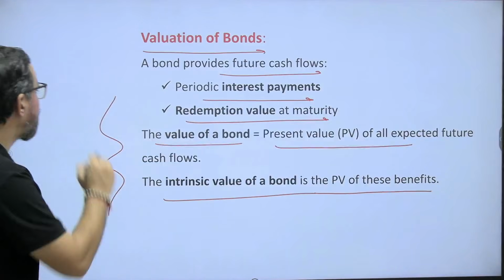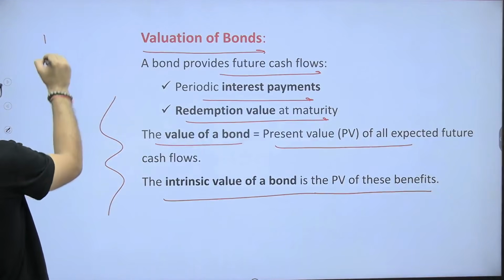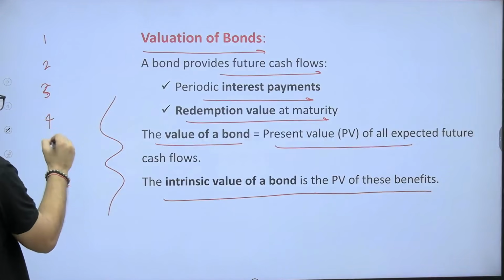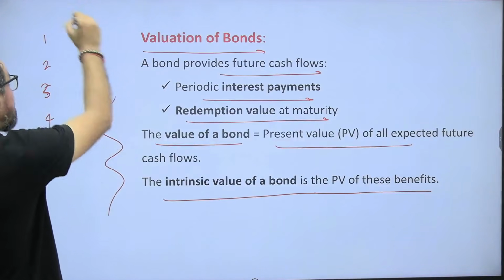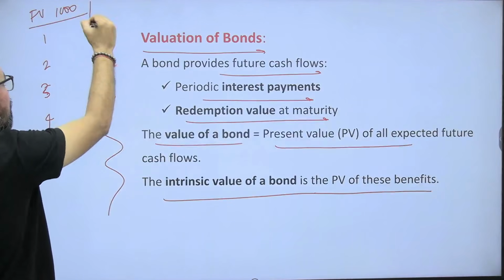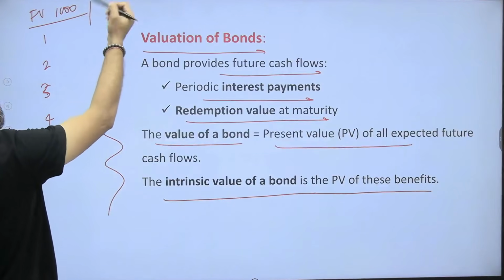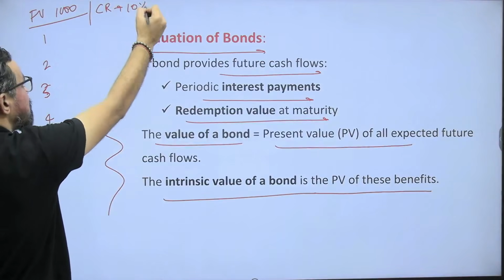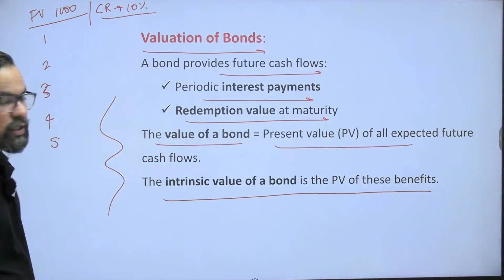Let's say there is a bond which gets issued for 5 years. The maturity is, suppose, 5 years. The face value of this bond is 1000 and the coupon rate is 10%. Suppose that. So this is the case. Now that means